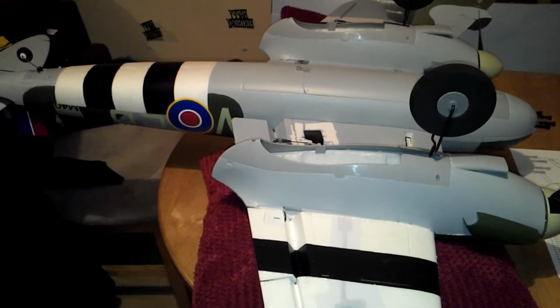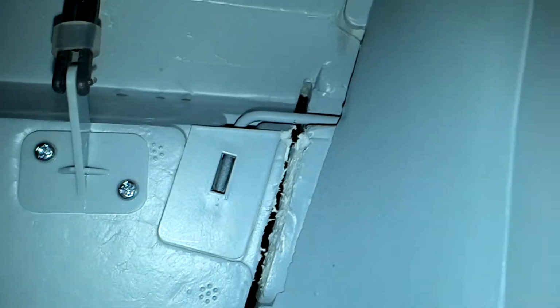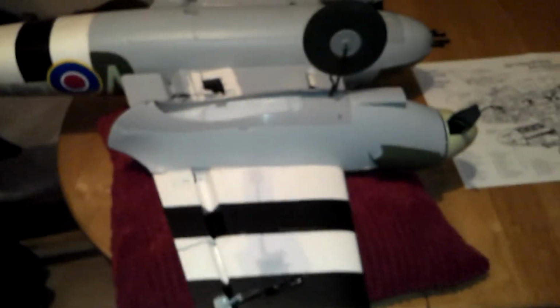Everything works beautifully. The other little gimmicky thing which I thought was really nice was the way they'd run the inboard flap all the way through to the outboard flap. So it's just a single servo per wing for both of the flaps. Everything works in unison very nicely. It is very, very solid. It's a really solid model. I'm not going to bend and pull it about because it is brand new, but